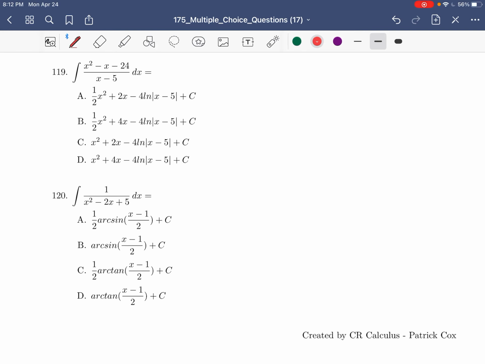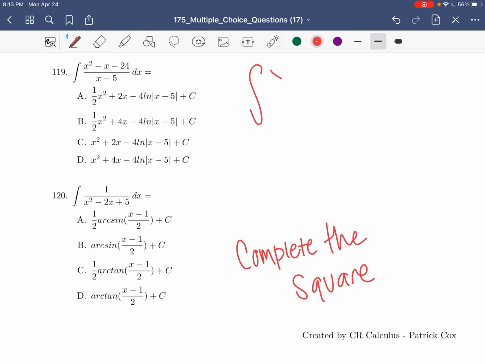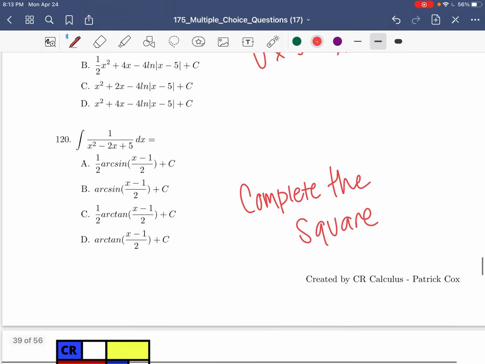Uh, 19 and 20. No. So on these, what you would need to do, first off, 120, you have to complete the square. I'm just saying no to that. And what you would do on this one is you would split it up. So you'd have x squared over x minus 5 plus negative x over x minus 5 plus negative 24 over x minus 5. And then you'd have to do all of those separately. And that's just not